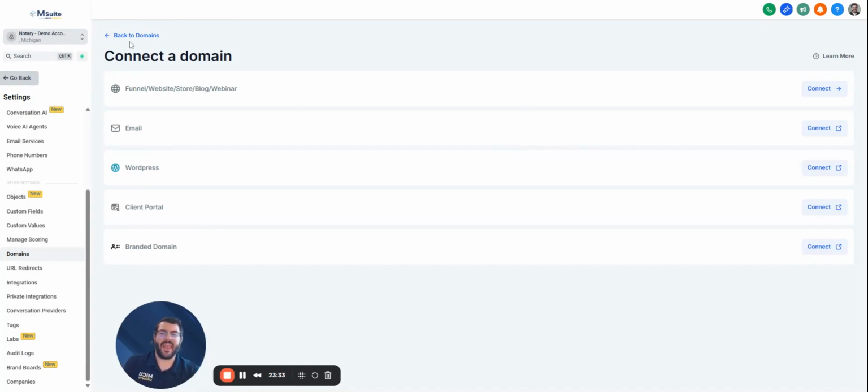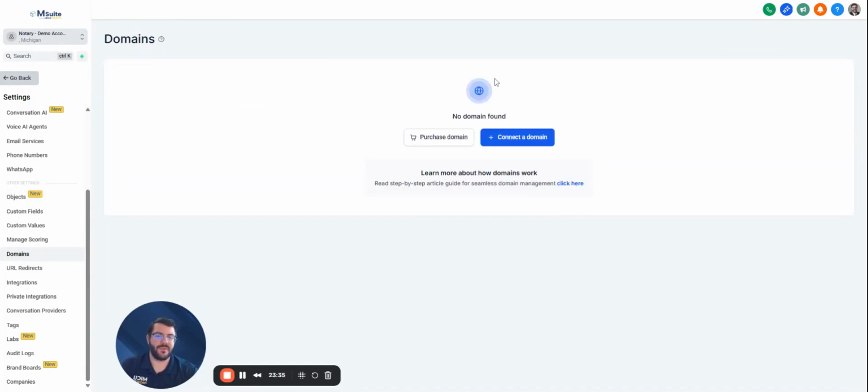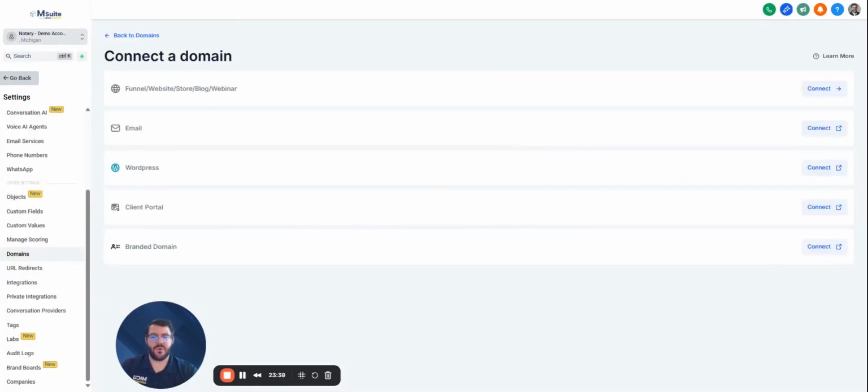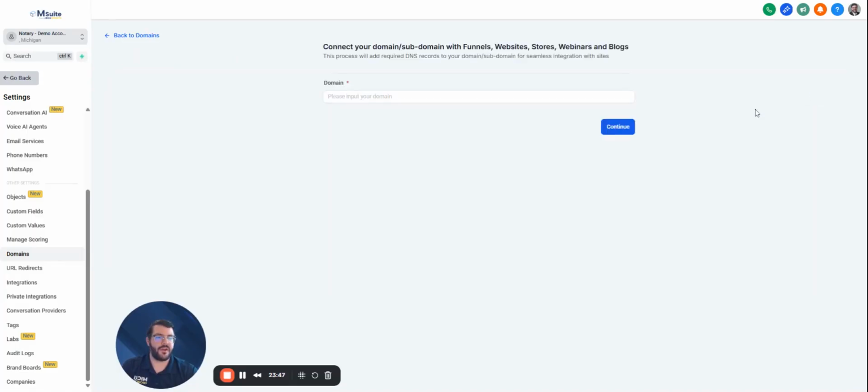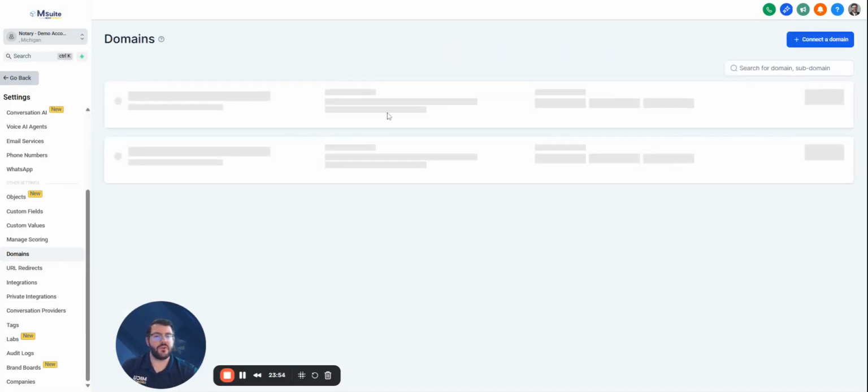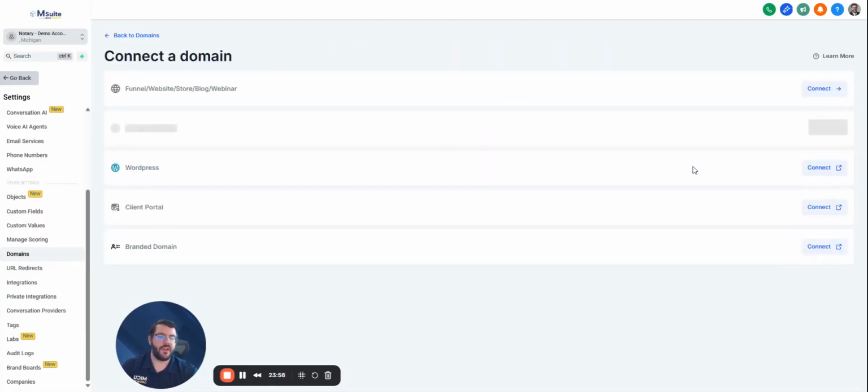Now, if we do already have one, I went too fast. Let me go a little slower. Then we'll go on the right-hand side to connect domain. And this is where you'd want to hook up. So if we have a domain that we've previously hosted a website, we want to connect through there. What's cool here is once you put in your domain and continue, it will then try and connect. If you use GoDaddy or some of the other major hosts, it will go ahead and find it for you